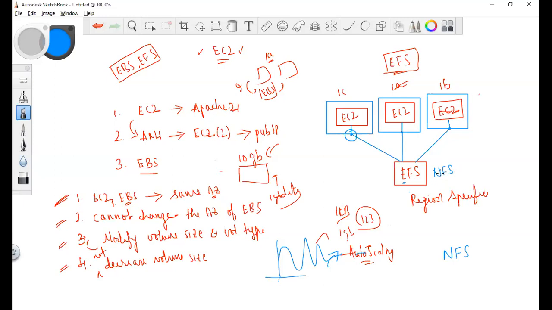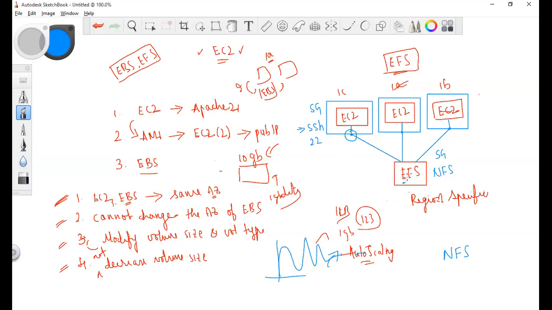If you want to log into your EC2 instance from your local machine, this EC2 instance should have a security group which has the SSH protocol. Yes, you remember? Which has port 22. In the assessment I was asking what is a port. In the same way, if this EC2 instance needs to mount to this EFS, it should have a security group with the NFS protocol. Then only the EC2 instance will be able to mount to this EFS.